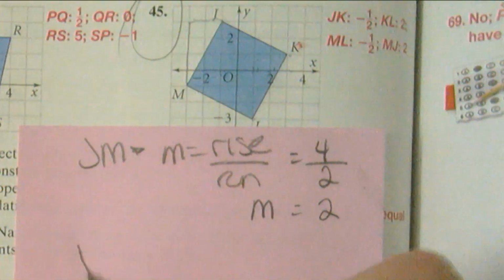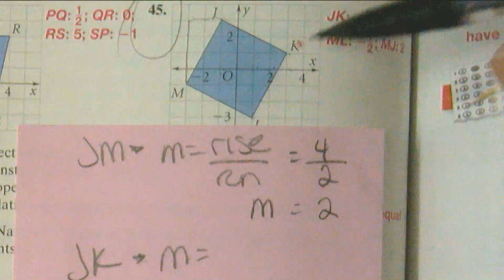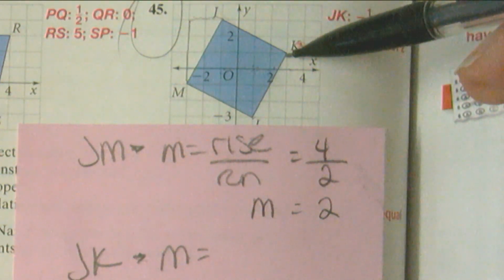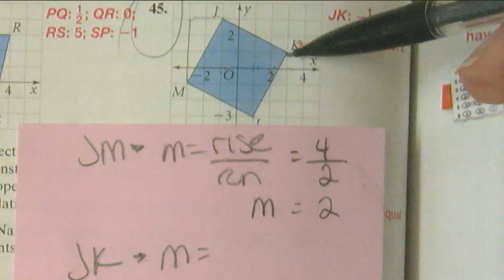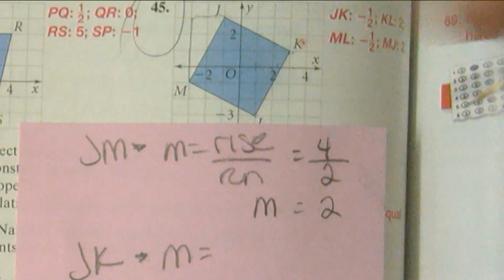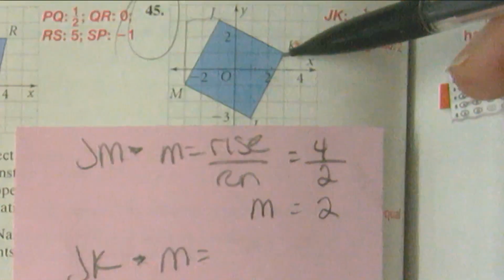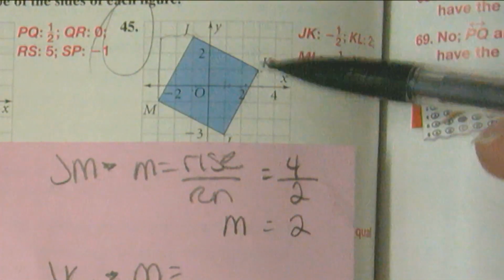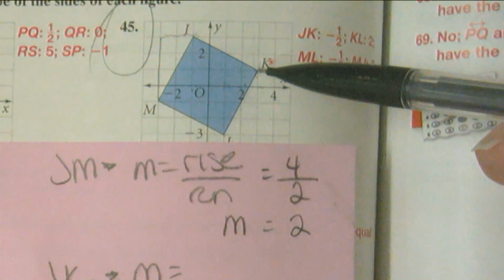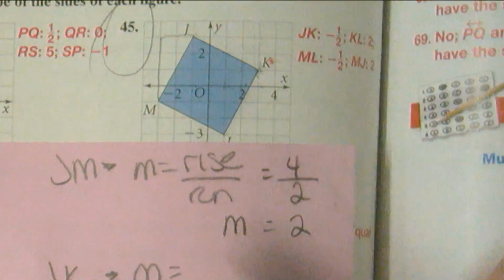If I looked at JK, someone tell me, let's start at K. What am I going to do from K vertically to get to J? What would be my rise to get from K to J? I'm starting here, I'm going up and then over. Nick, I'm starting at K, I need to go up and over to go to J. How much am I going up? Up 2, so this is 2,